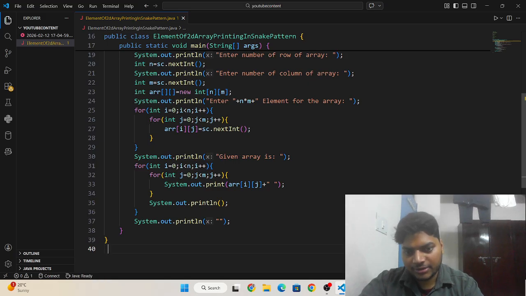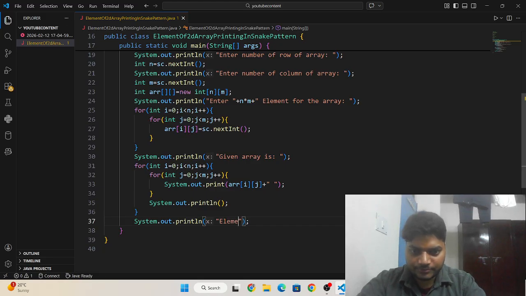Okay, and now here I am going to print array element of array in snake pattern. Okay, snake pattern. Okay, and then here I need to write,